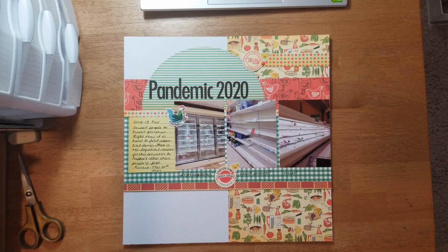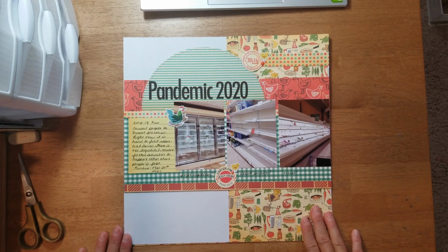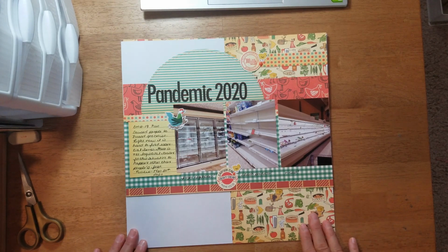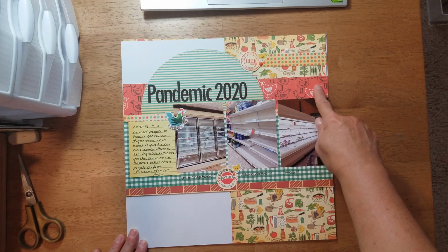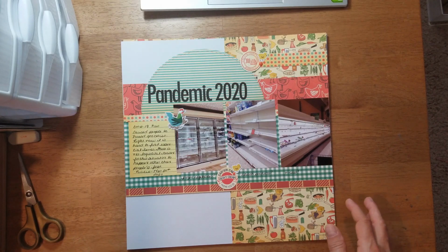I may do one other virus related layout, just talking about what we've done during this time, or how we're spending our time at home while we were sheltering in place and social distancing. But that's probably the only other one I'm gonna do. For this layout, because the photos were all taken in a grocery store, I thought Country Kitchen would be appropriate because it had food related items. And you can see my background paper has food, and we have chickens, and some little chicken stickers and stuff like that. So if we look at the sketch,